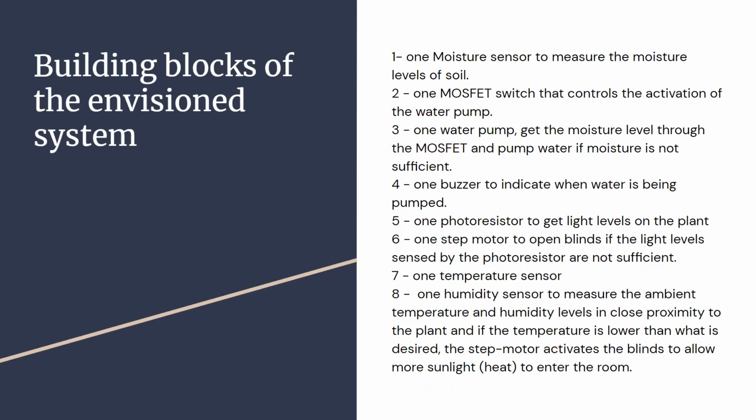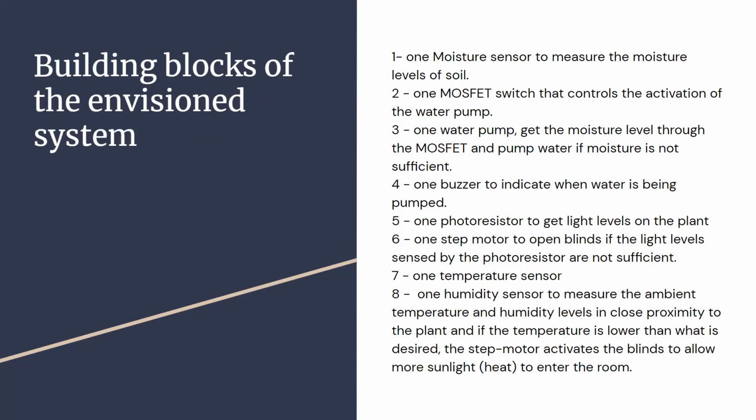Now moving on to the building blocks of the envisioned system, which are one moisture sensor to measure the moisture levels of the soil, one MOSFET switch that controls the activation of the water pump, one water pump to get the moisture level through the MOSFET and pump water if the moisture level is not sufficient, one buzzer to indicate